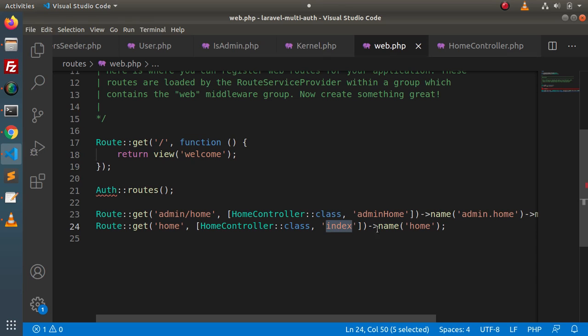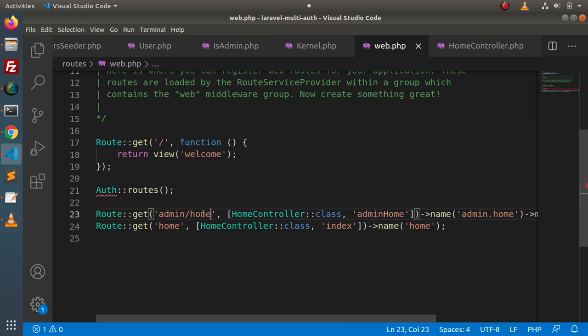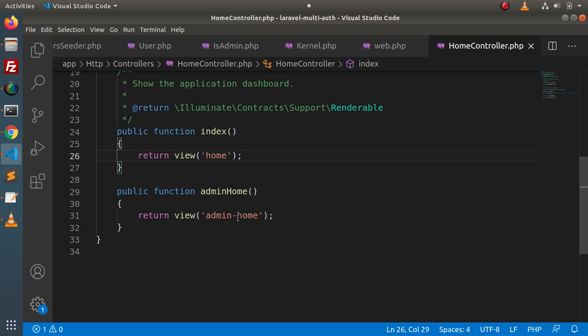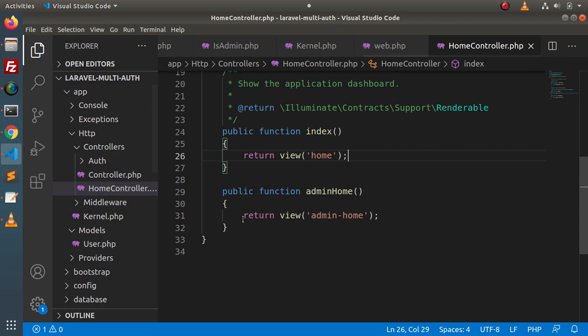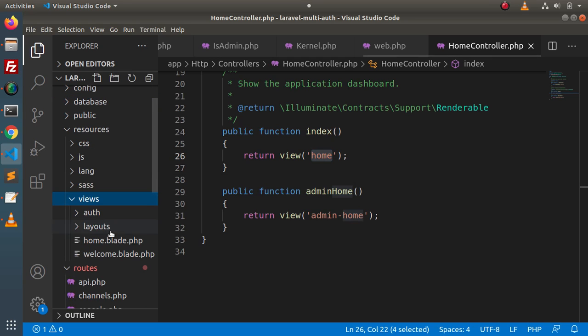Simply when we go inside this index method, we are calling a view file that is home.blade.php. When we go to this route, it is calling the admin home method, and this method is calling a view file, admin-home.blade.php. So by default this is the view file available inside this setup. Where can we find that? Go inside resources, views, and here we can see that already we have a file called